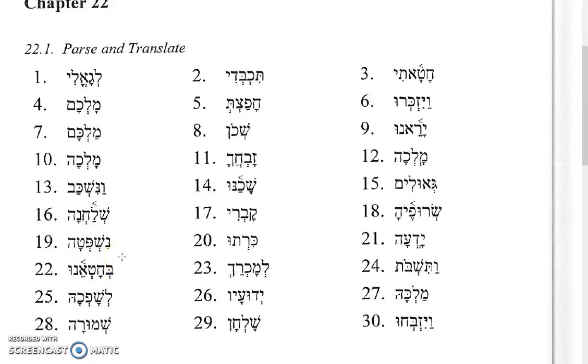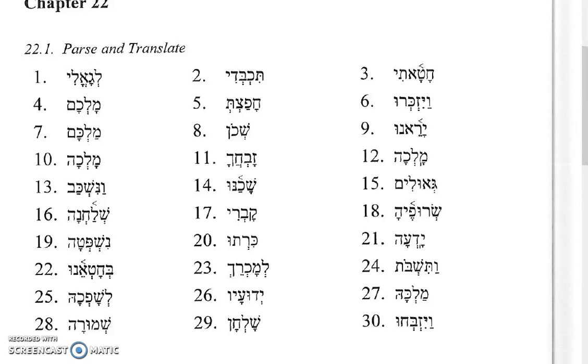Number 19, mishpata, from shafat to judge, is a Qal coordinative first common plural, let us judge, or we would to judge, we purpose to judge. Number 20 is